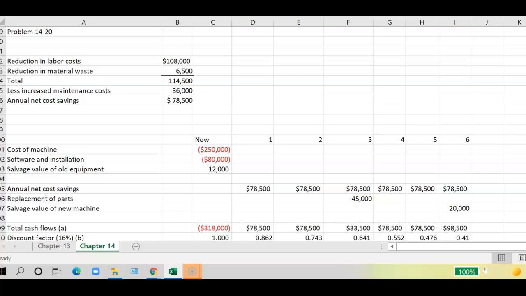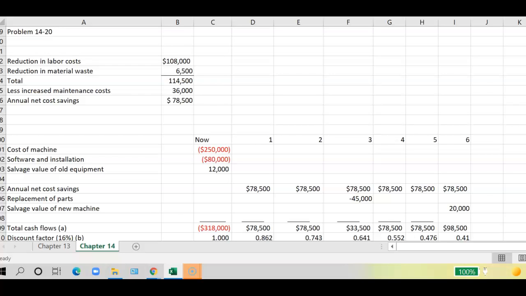And in the first paragraph, we have the investment of $250,000 given to us, and we also have the installation fee of $80,000. So right now, our investment includes the cost of the machine and the software installation. Now, they gave us $36,000 per year just to maintain the actual welding machine, and it's each year. So we want to look and